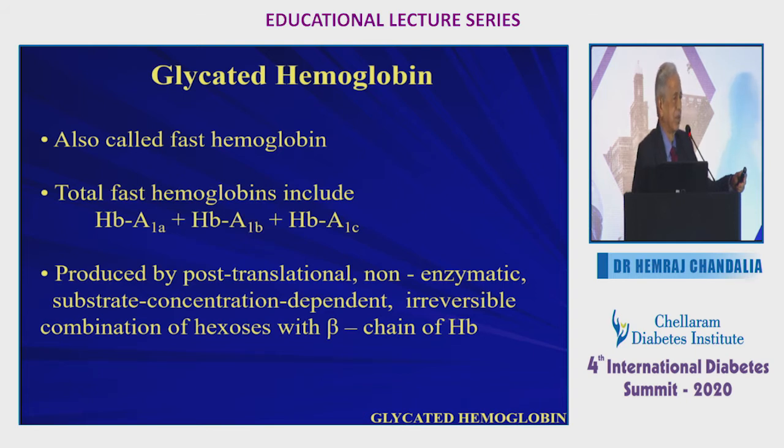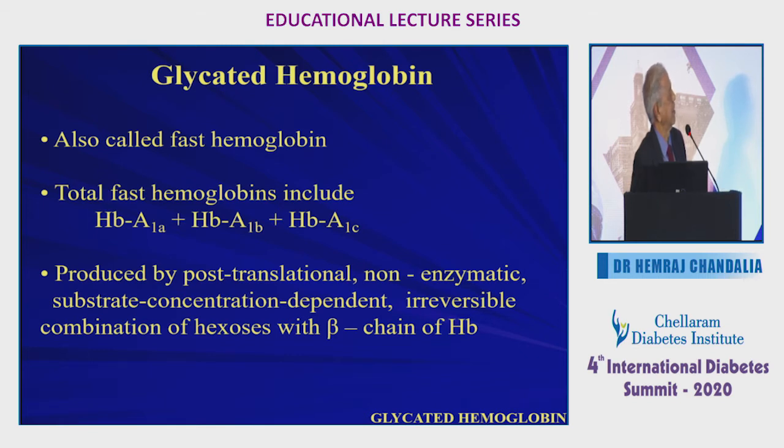You see, when glucose combines with hemoglobin, you generate a number of adducts, of which the predominant one is A1C. But remember, there is also A1B, A1A, and we get total glycosylated hemoglobin, which combines all. But now, most of the time, this is what is measured, and most of the data now are related to only the A1C fraction. Very important to know that it is a post-translational, non-enzymatic, substrate concentration dependent action. That means the higher the amount of glucose in the blood, the more is the attachment of the glucose to the amino acid contained in the hemoglobin.